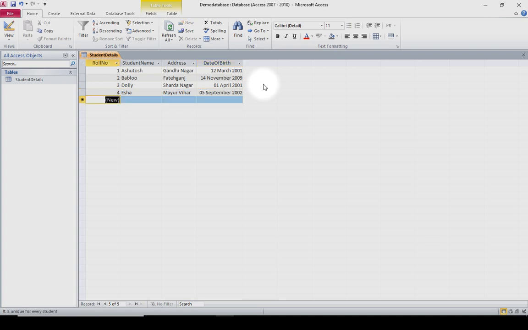It is automatically converted into the long date format. And this is happening because at the time of designing the table, we specified this particular format, and while entering the date, we are entering it according to the input mask which we decided. Now, in order to save the table, we will click on save and will close the database.